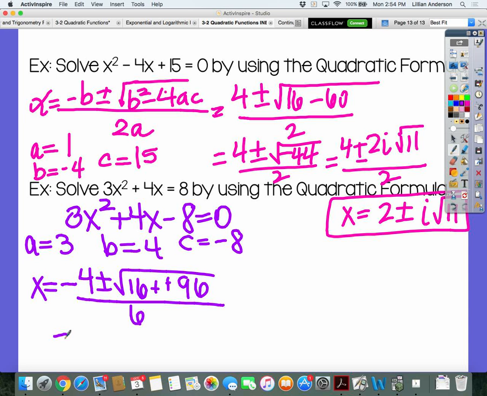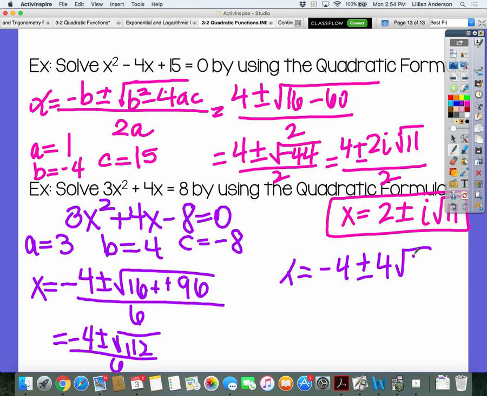16 plus 96 is 112. Does that simplify? 16 and 7. So you would have x equals, can I simplify that? Each one of those numbers is divisible by 2. So it's negative 2 plus or minus 2 square root of 7 all over